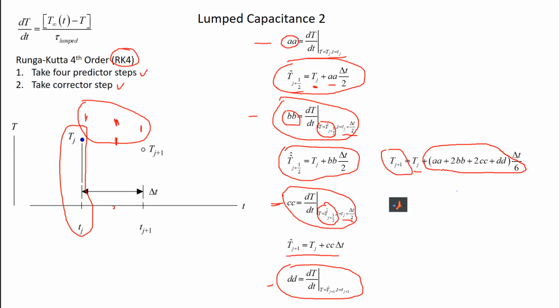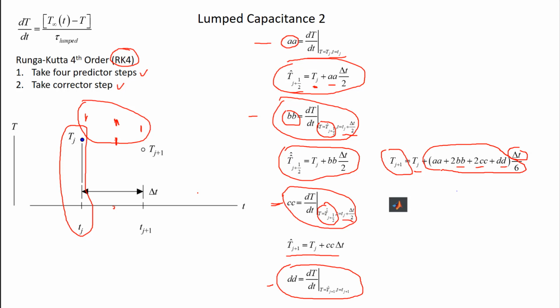So 1/6 of what I got at the beginning, plus 1/3 of what I get in the middle, plus 1/3 of the other one in the middle, plus 1/6 of the one I got at the end. That's going to give me my estimate of the actual time rate of change inside of there on average, and then multiplied by delta t. And you just keep doing that for every single